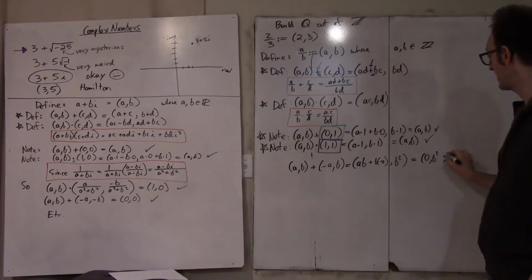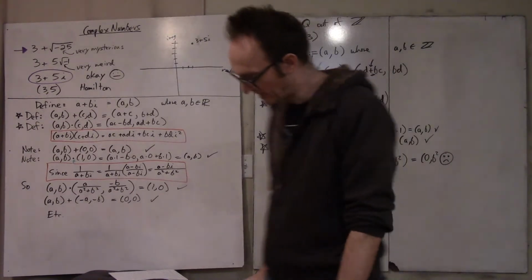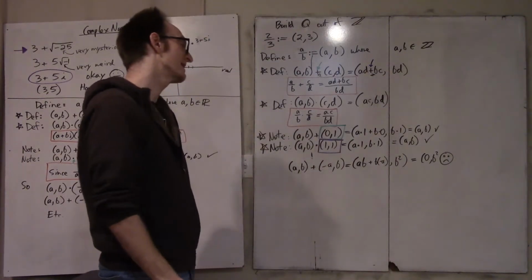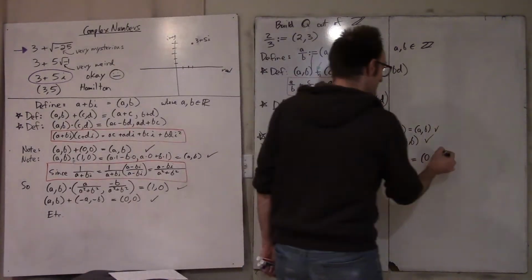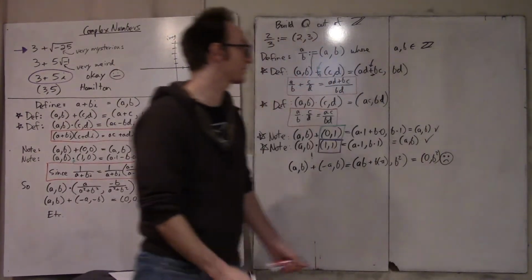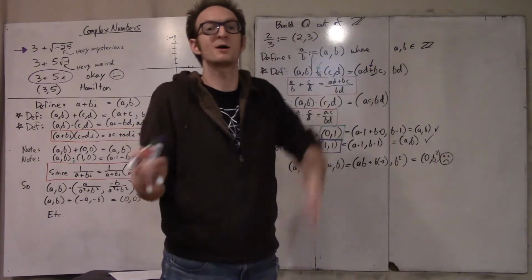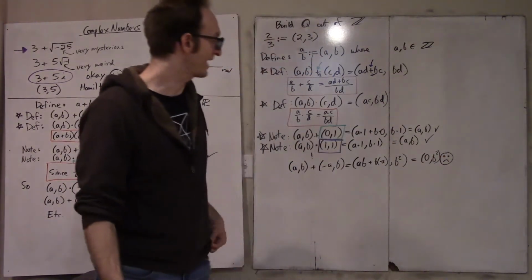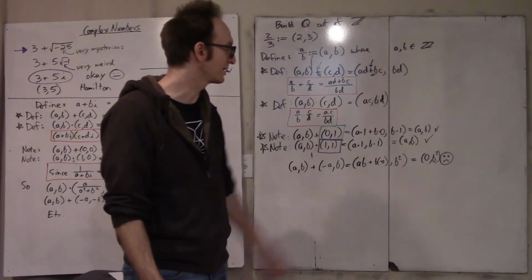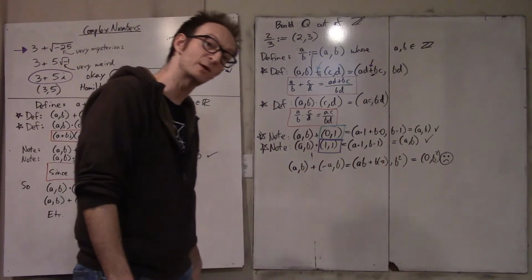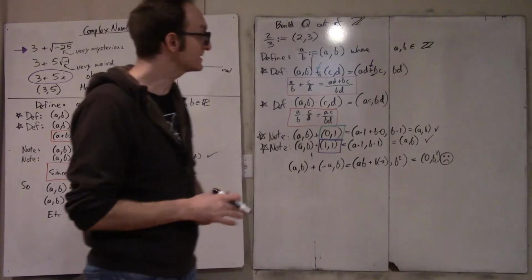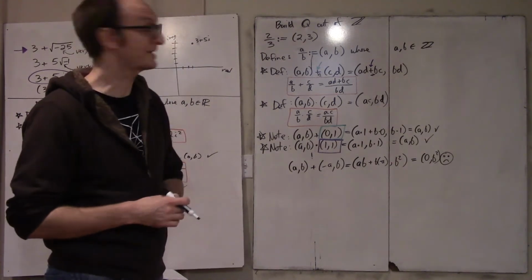Alright, now I'm very sad, because it didn't quite work, right? And in some sense it worked, because what is 0b squared? 0b squared is just 0 over b squared, which we know kind of in our hearts is just 0. So I did sort of get 0 when I added these two together. But on a technical level it didn't work, and the reason why